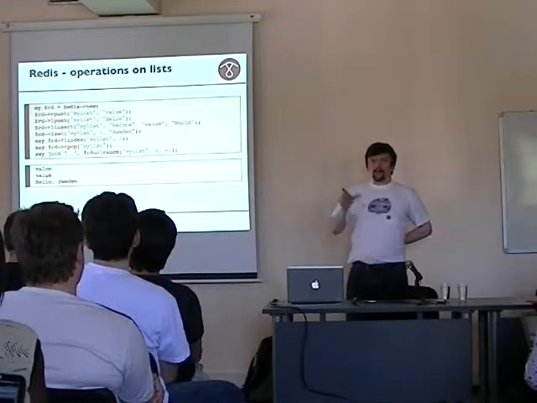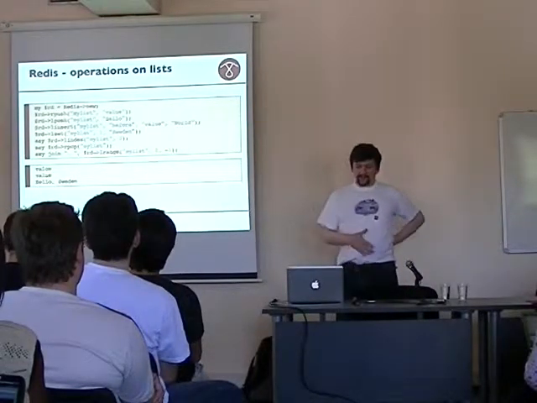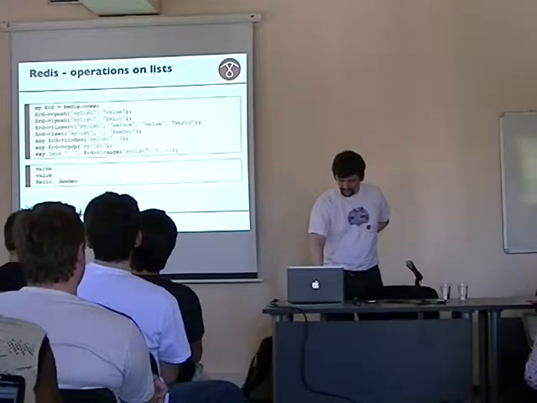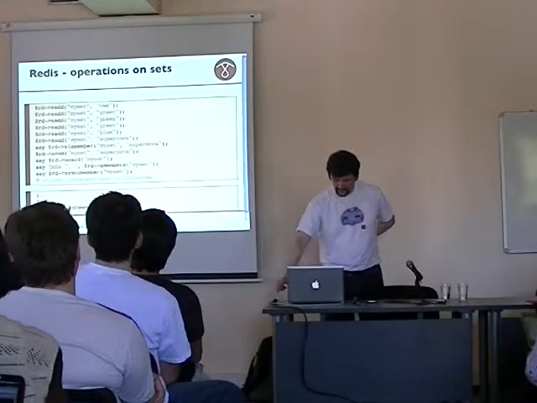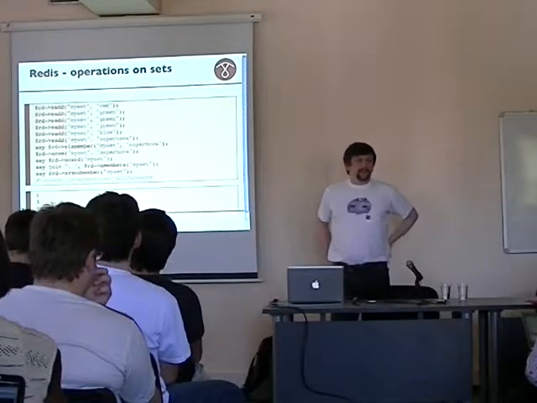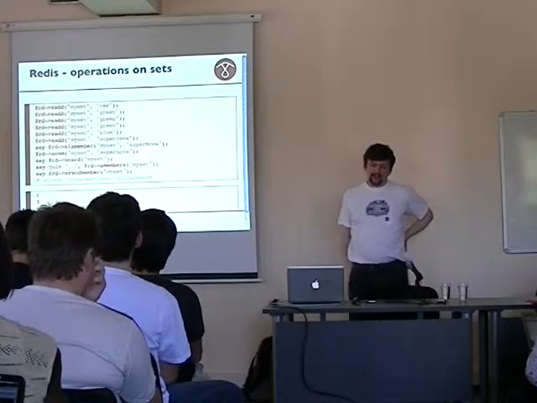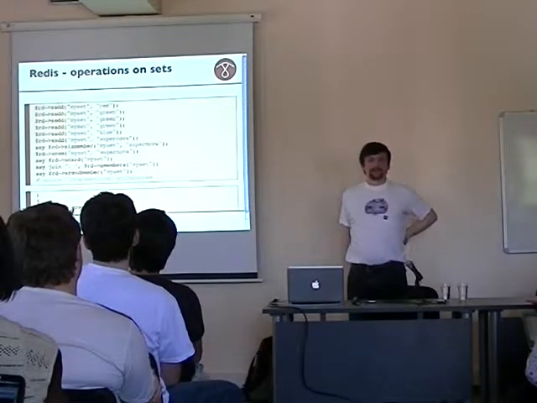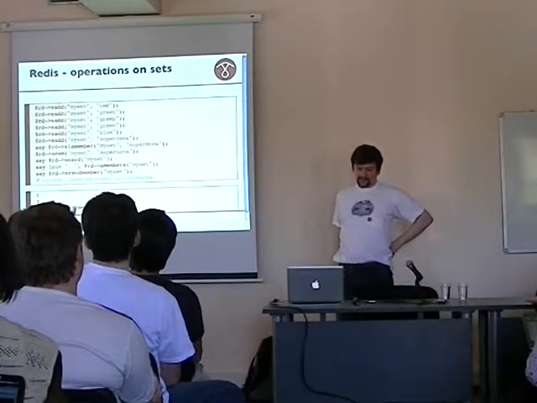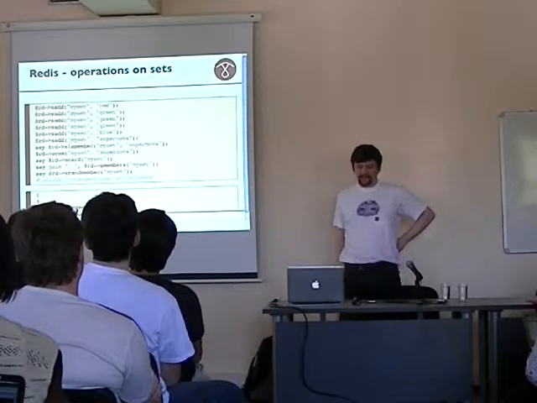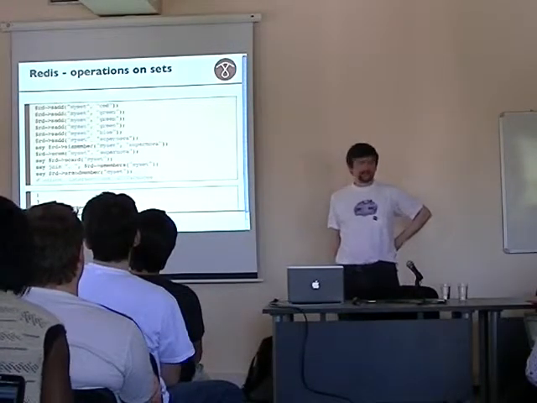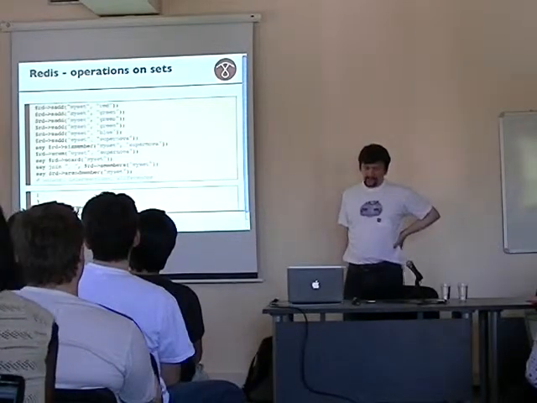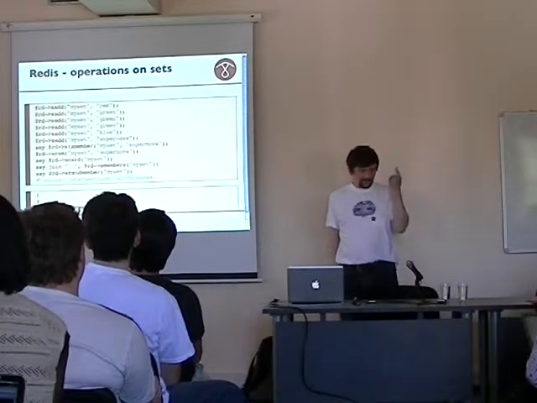So, we can get multiple elements using the list range operator. Then there are simple sets, to which we add individual elements. Here we add a single red element, a single blue element, and 3 greens. And when we get back the green, of course we will have only 1 because